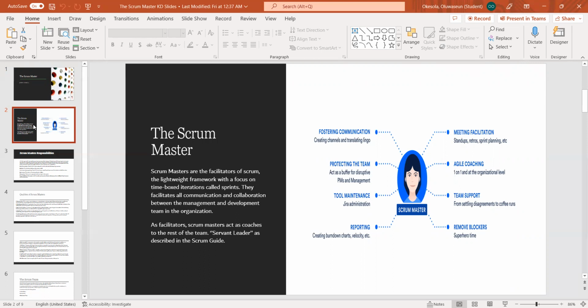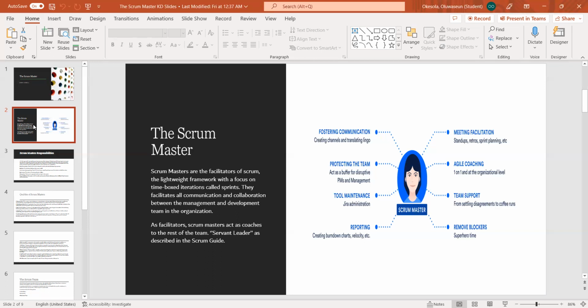And like we all know, Scrum is a lightweight framework with a focus on time-boxed iterations called sprints. The Scrum Master facilitates all communication and collaboration between the management and development team in the organization. As facilitators, Scrum Masters act as coaches to the rest of the team, servant leaders as described in the Scrum Guide. As a Scrum Master, you are there to guide the team. You ensure that they are not overloaded with work, and you also remove any blockers that might slow down the